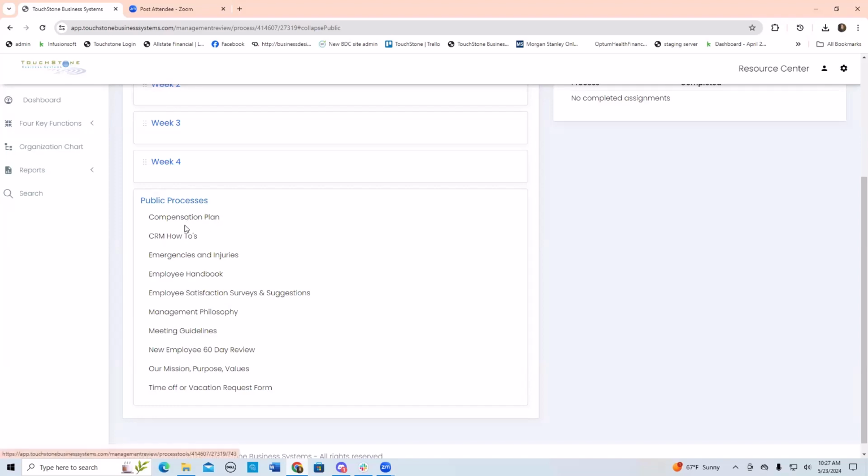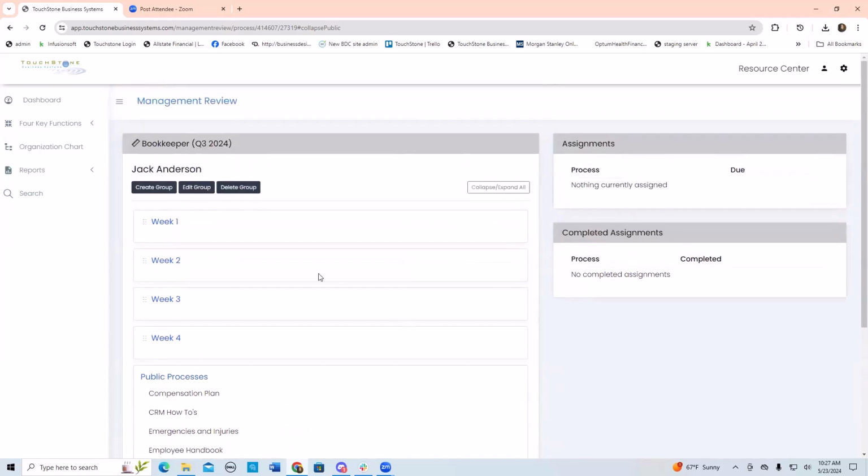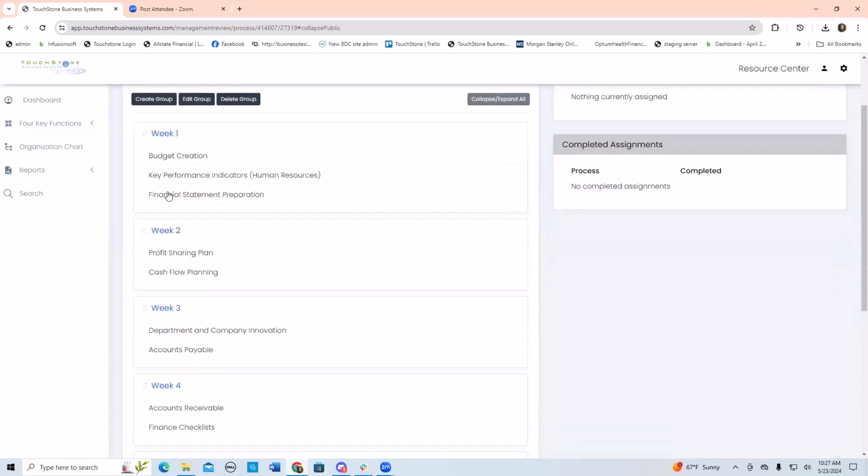I should be able to assign him each of these and have him go and read them and study them, maybe have a little conversation, but this is informational kind of stuff. But yes, a new employee needs to be trained in these public processes as well. So back up to the 4 weeks. Think about if you're doing this for the first time, check your numbers, make sure it feels accurate to you that these 3 things could conceivably be learned in 1